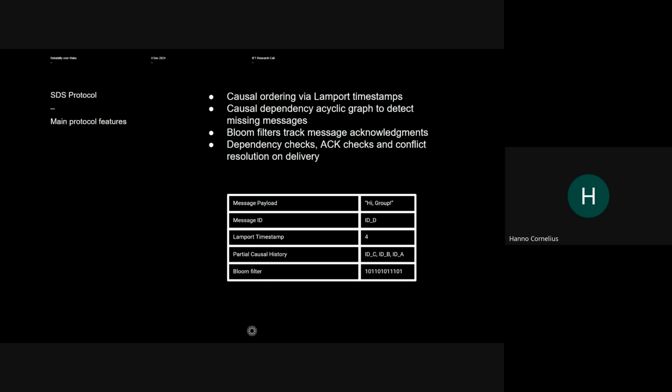Partial causal history. These are references or the IDs of the messages that, from the publisher's perspective, precede this message in the group communication. And then a Bloom filter, which is a bunch of bytes that represent past messages that you have received as the publisher of this message.